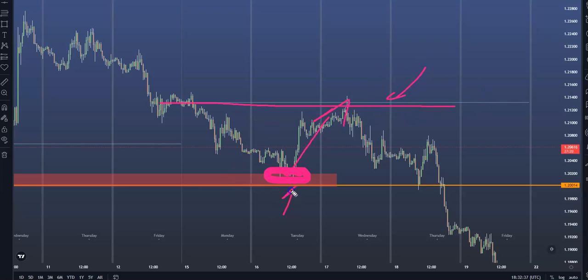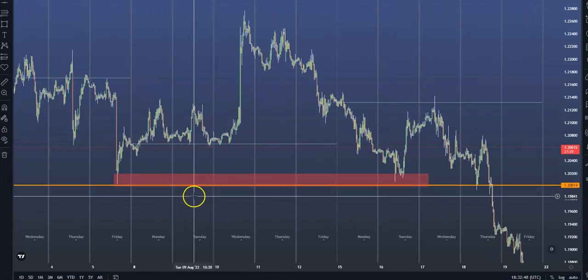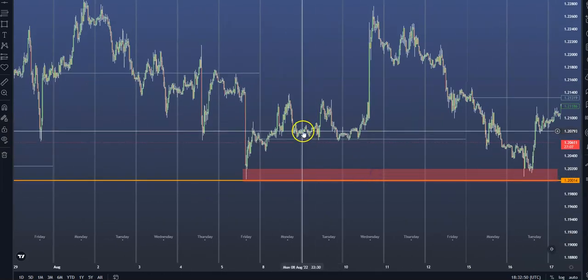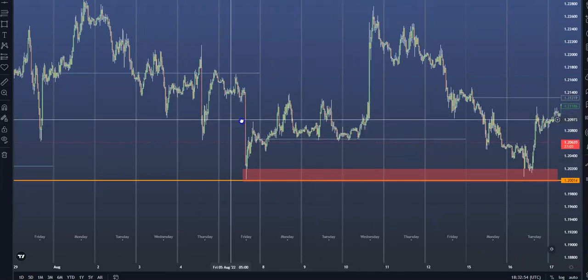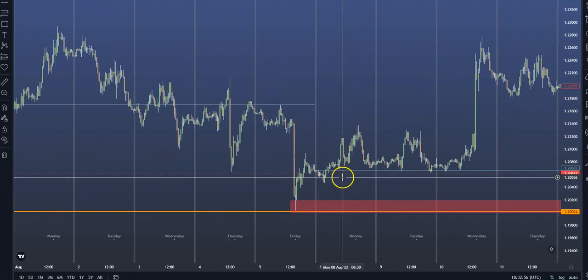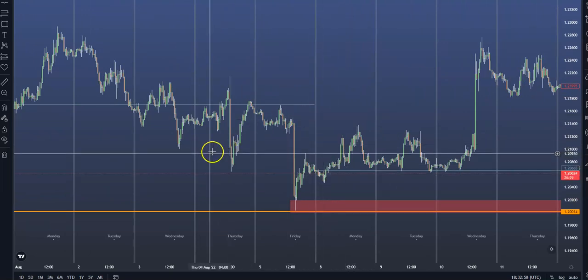And 63% of the time it will happen on a Tuesday. Now, in this case, it happened on a Wednesday. But when Tuesday starts setting up, you don't know that. So your job is just to hold it to that opening price itself. Very basic strategy that anyone can use. Like this, there's the first touch. Now it's invalid. We're no longer targeting the opening price. You may develop a system around that, but that's not what this is about.